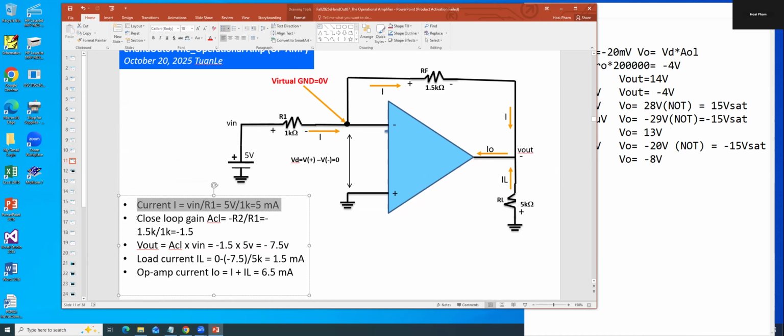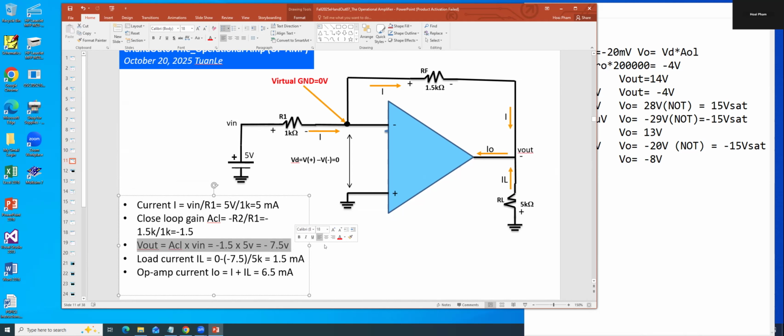And the closed loop gain equals minus R2 divided by R1. Basically RF divided by R1 equals minus 1.5K divided by 1K. The gain will be minus 1.5. And if you want to calculate the V out, you take the gain times V in, giving you minus